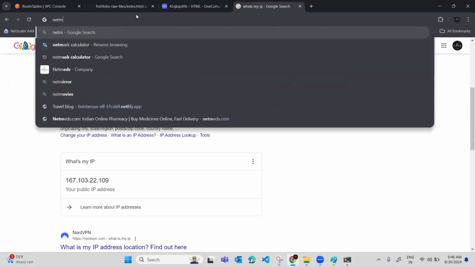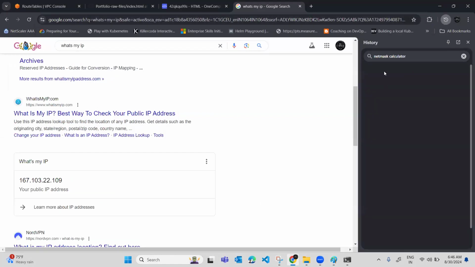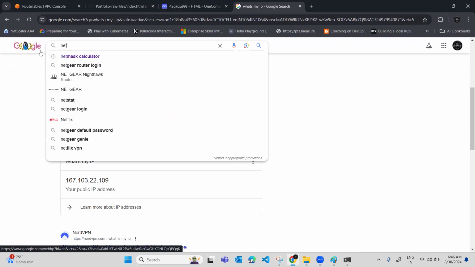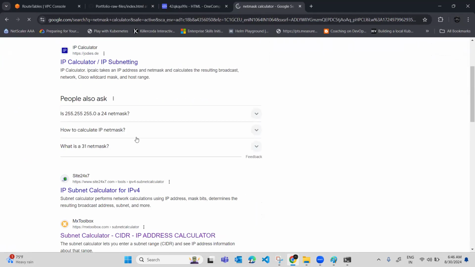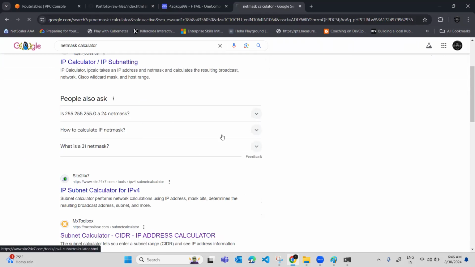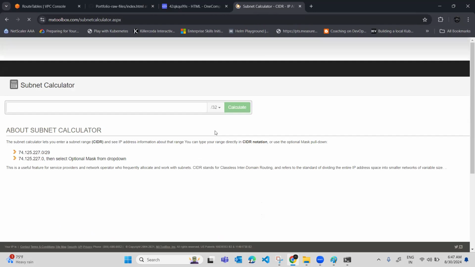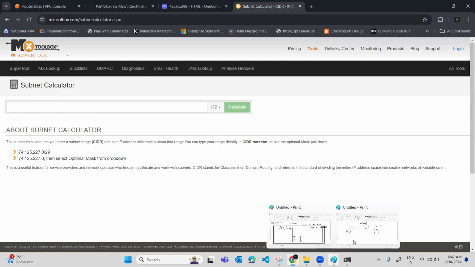Netmask calculator. So this is easy, use the Netmask calculator. Okay. For example,